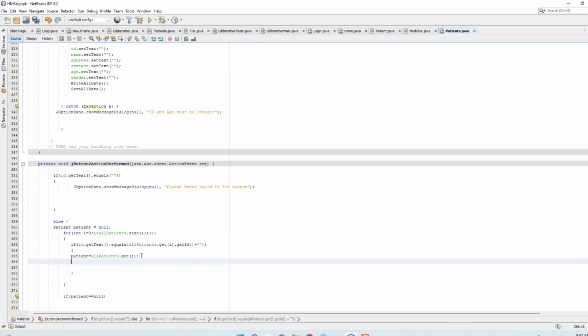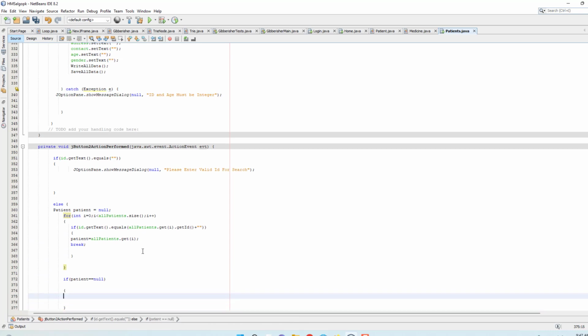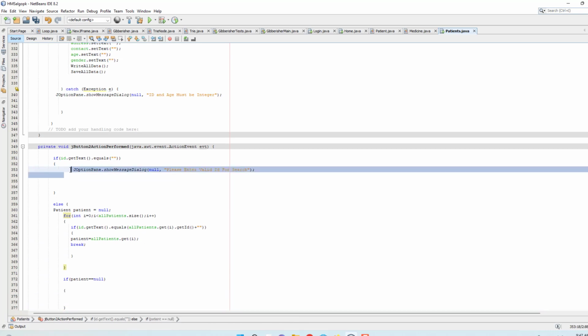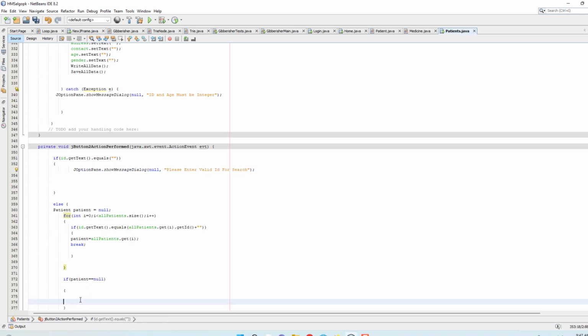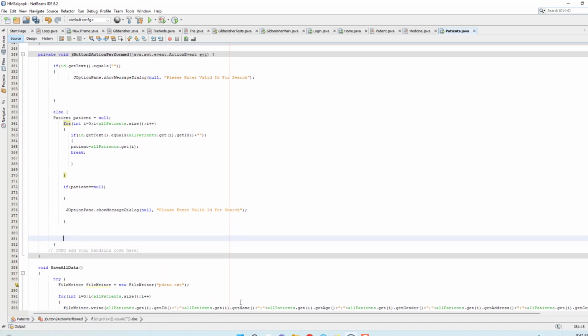We also put a break here, because if we found it, we don't proceed further. We simply copy this one and paste it here, so we also display this message if the ID didn't exist. Else, what we have to do,